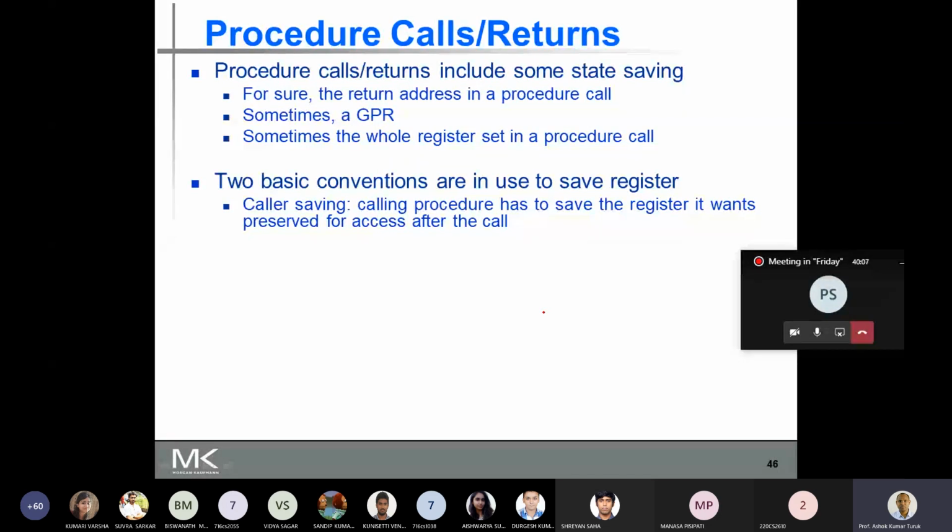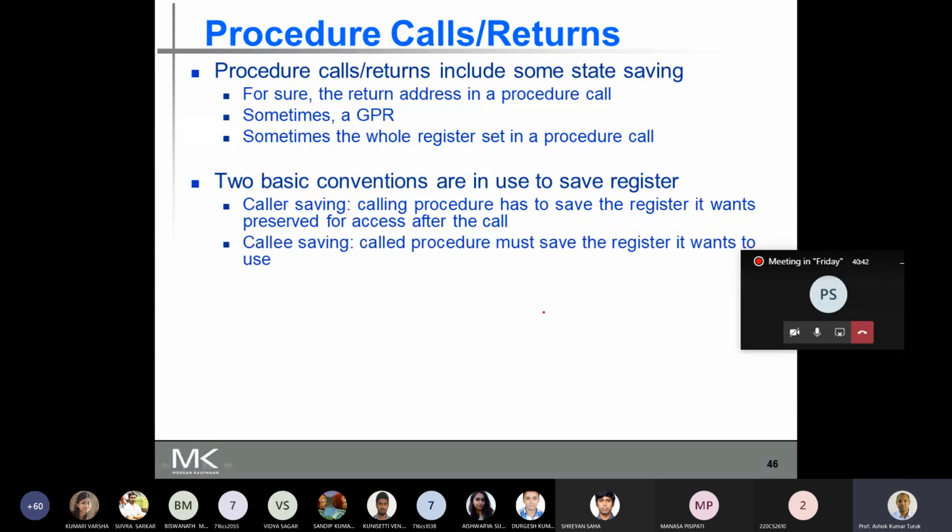In case of caller saving, the calling procedure has to save the registers it wants to preserve for access after the call. What this says is that in case of caller saving, the procedure which is making a call will save those registers which it is going to use after it returns from the called procedure. So it has to save all these registers.